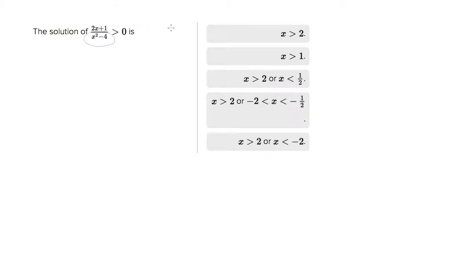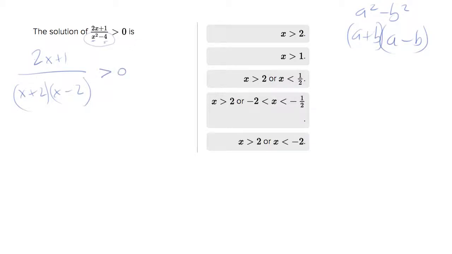So this is x squared minus 4, which is a difference, a subtraction between two perfect squares. So if you have a squared minus b squared, for example, that equals a plus b times a minus b. You need to memorize that formula. The test is really smitten with this particular one, so make sure you have that really well memorized. So I'm going to apply that. So we get 2x plus 1 over x plus 2 times x minus 2